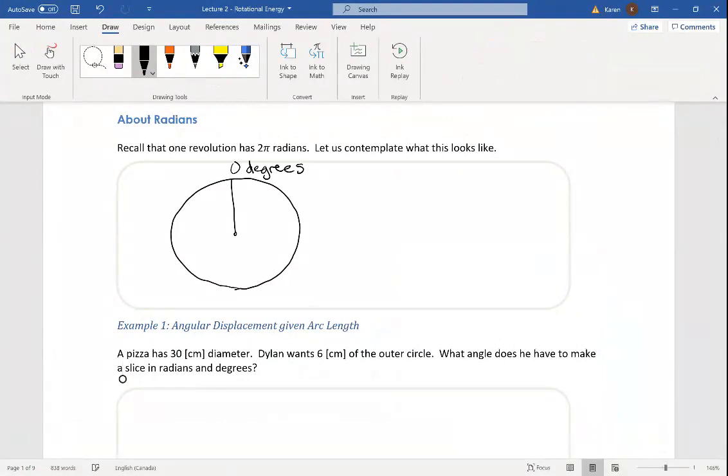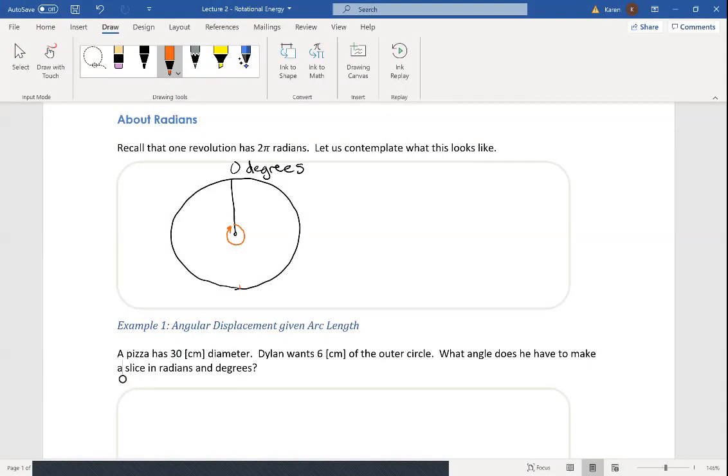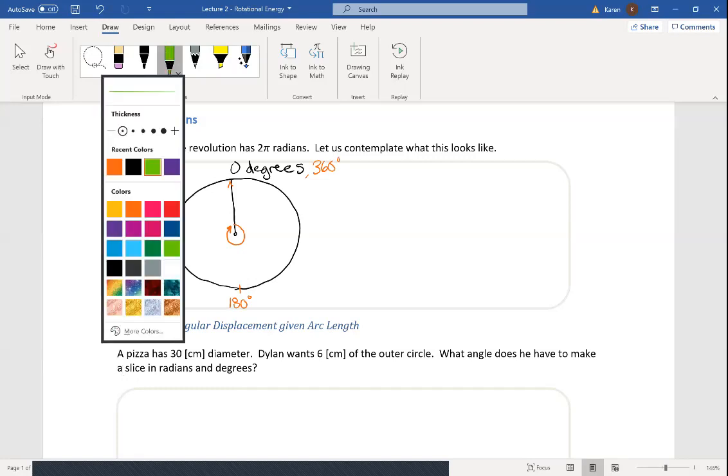then one way that I can measure the angular displacement in this circle is to say that if I go down here to the bottom, I would be at 180 degrees. And if I came all the way around a full rotation, I would have 360 degrees. That is a full rotation. Now, if I look at revolutions,